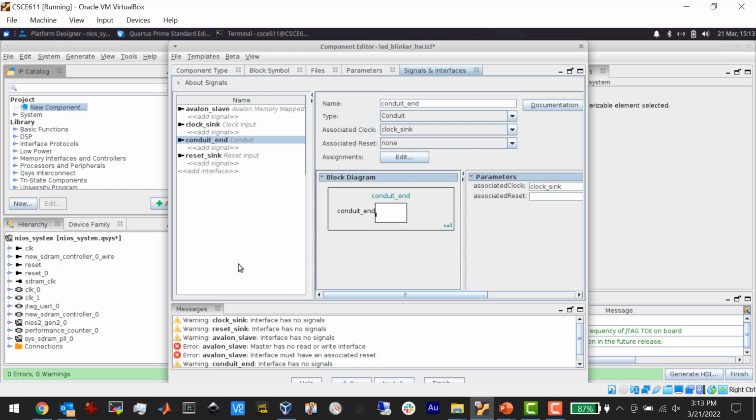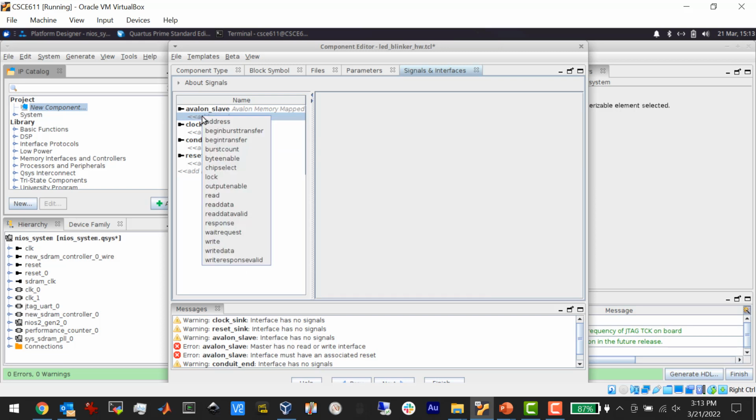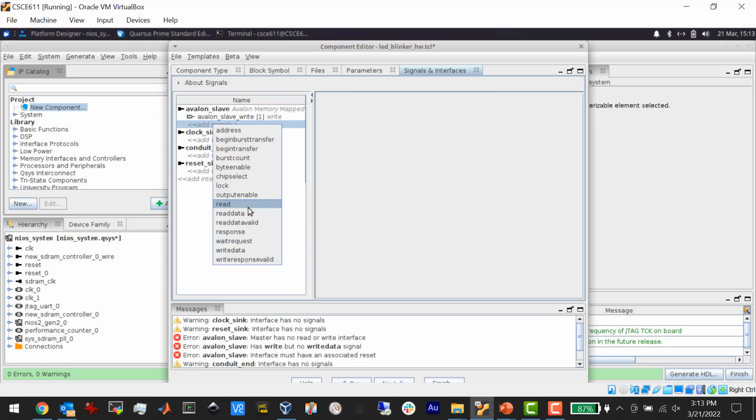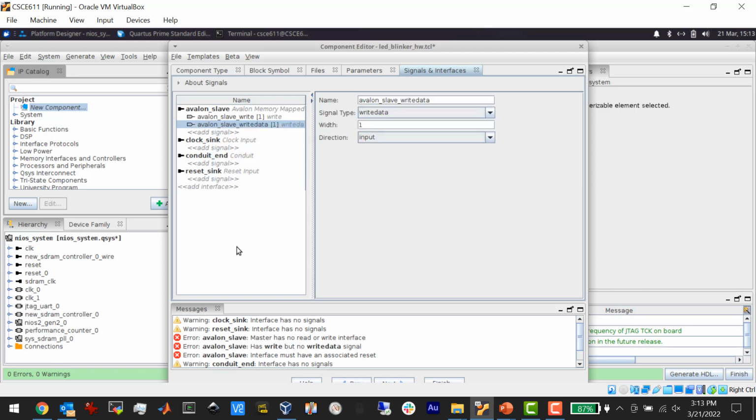The problem is that I'm not done. I have to go under each of these and add specific signals. So for the Avalon slave, I need an address. Actually, I don't need an address. I need a write. That's the write signal, tells it when I want to write, and I need a write data. And that's it. So in the lab sheet, I actually told you to add an address there too, but you